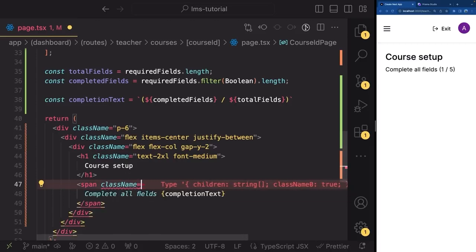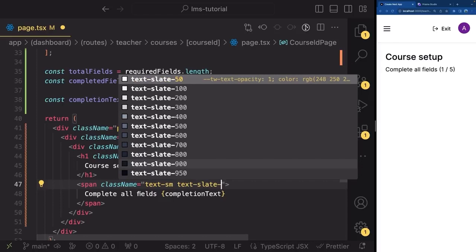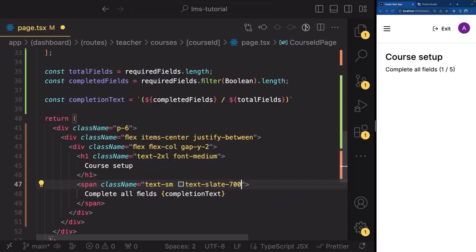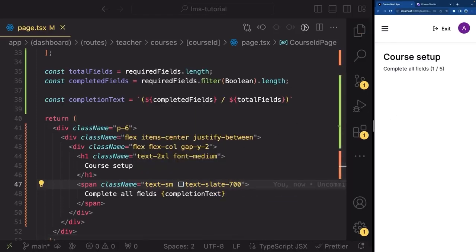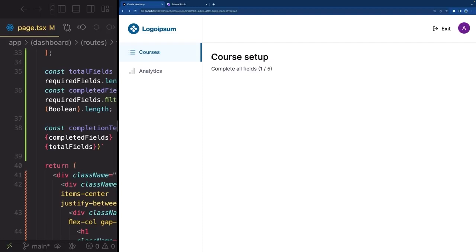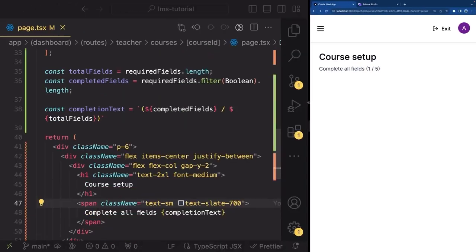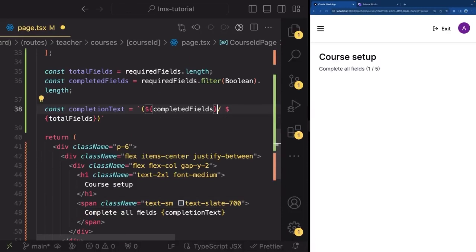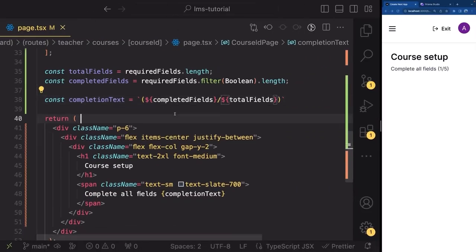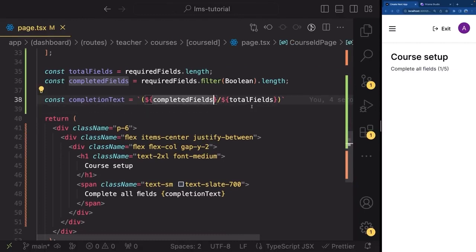So I'm going to write text-sm, text-slate-700. Like this, and if you save, then this is what you're gonna see. So we have course setup right here and complete all fields, and we actually don't need this space here, at least visually it just looks a bit bad. So let me just remove the space from this completion text like this. So just a slash in between, no spaces, and when I save,